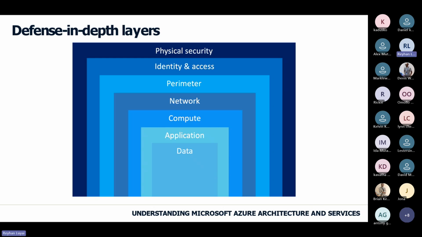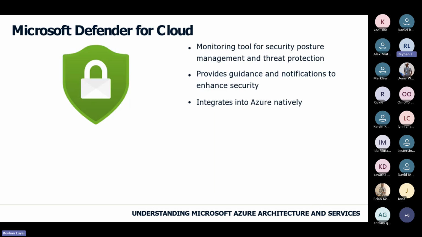The data layer controls access to critical business and customer data, and these layers serve as a guide for making security configuration decisions across all application layers. That's all these layers. So next,